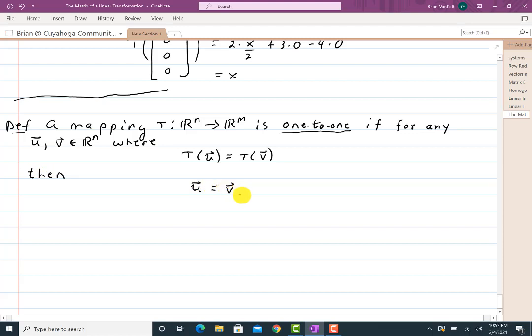One-to-oneness in the world that you're probably used to, where you're dealing with real valued functions